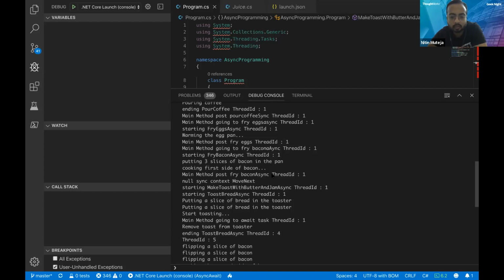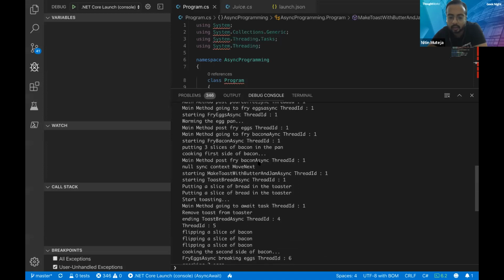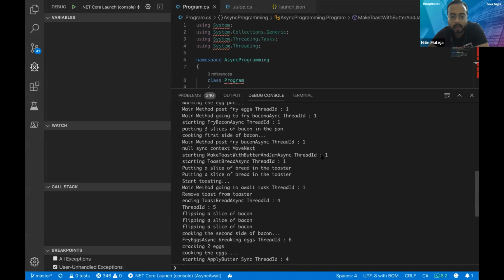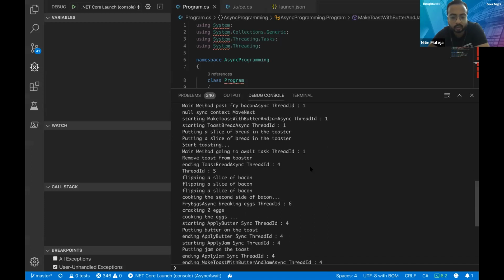You can see my bacon is also now getting executed on the same thread. When my bacon frying is blocked, my control again returns back to the main application. And I'm still executing all the rest of those asynchronous operations on the same thread, as you can see.